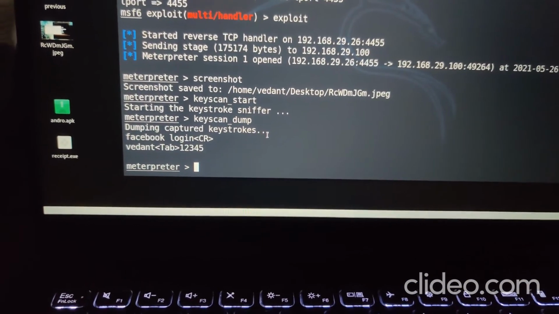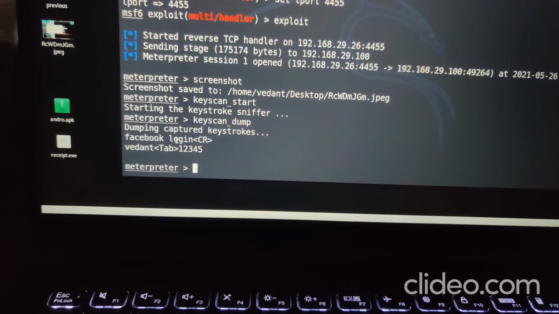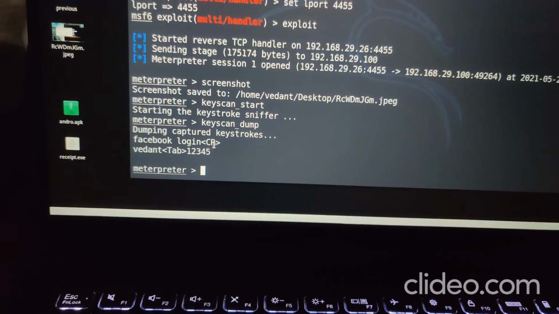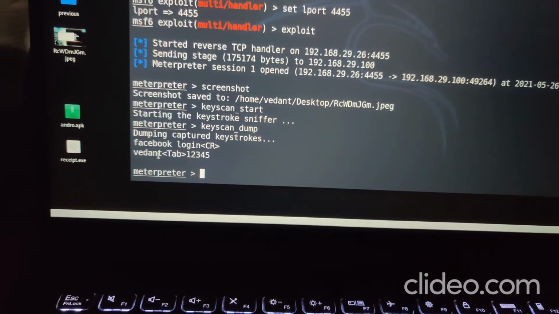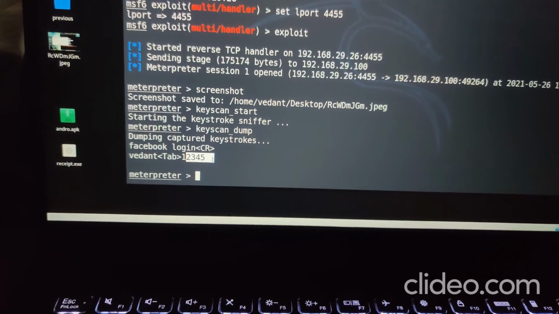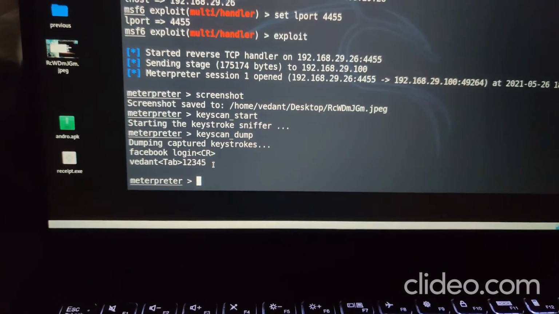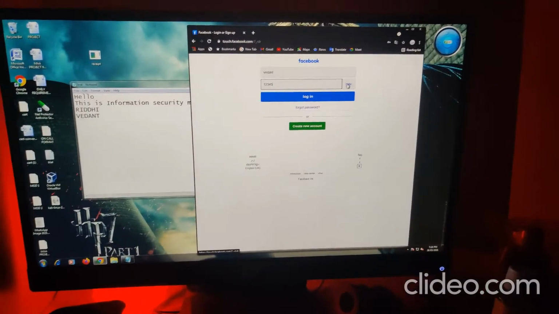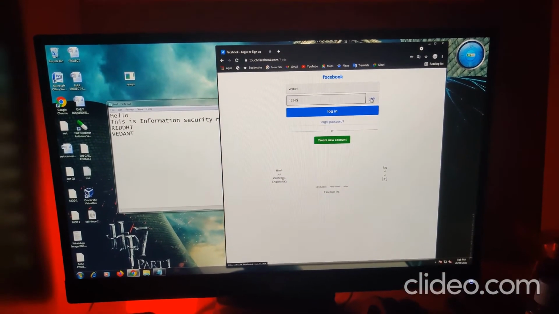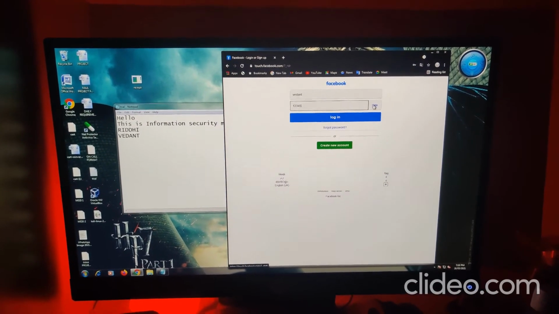Once we did the keyscan_dump, first of all we typed Facebook login, then we hit enter. We clicked on a link and typed the username as Vedant, and then we hit tab, and then we typed the password. So this is how easy it is; secure websites like Facebook can be scanned via our payload virus.